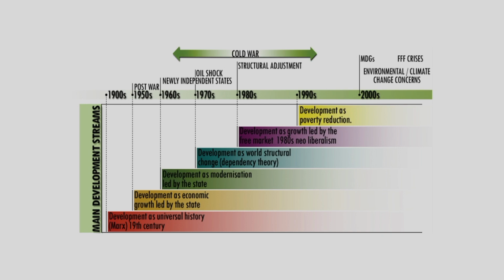Marx was writing in the 19th century, and it had a lot of influence on development thinking beginning in the 1900s, when there was a lot of talk about socialism, the movement of capitalistic society to socialism, and so on and so forth. The post-war period, the 1950s, which was also the post-Great Depression period, saw development as economic growth led by the state. Keynesian economics had a lot of influence on economic thinking at this time, where government intervention or state intervention in economic activities was seen as one of the important driving factors of economic growth.